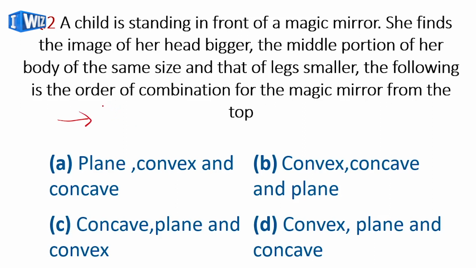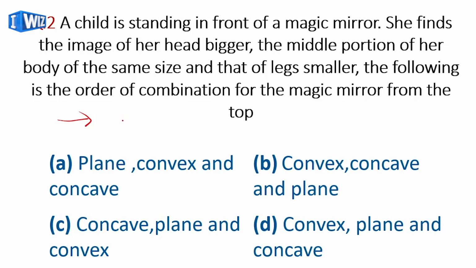The plane mirror is the one which forms exactly the same image as the object. The mirror in your homes is a plane one, meaning the object size is equal to the image size, and the height of the image equals the height of the object. You observe this in your daily lives. The plane mirror forms an exactly similar image to the object.